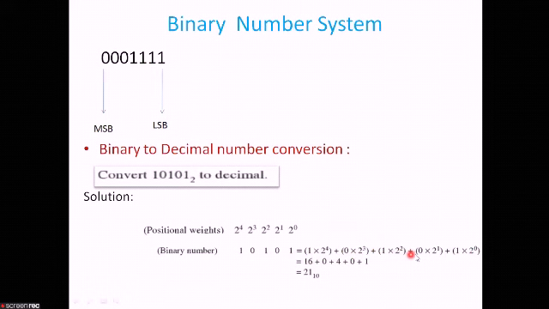So it is 4. Again, this one is 0 into something is 0. And this one will be coming 1, as 2 to the power 0 is 1. Anything to the power of 0 is 1. So ultimately the result is 16. If you have not understood it, again let me